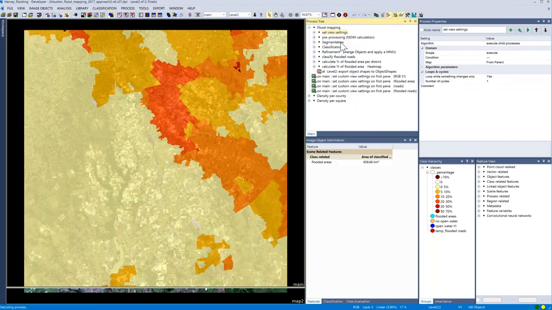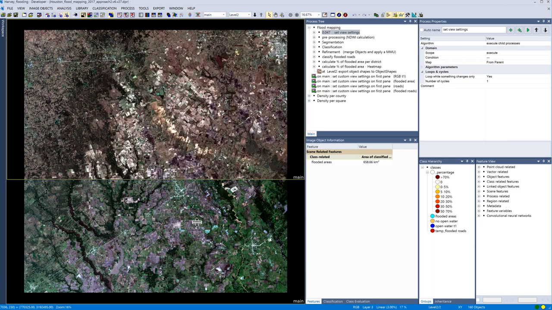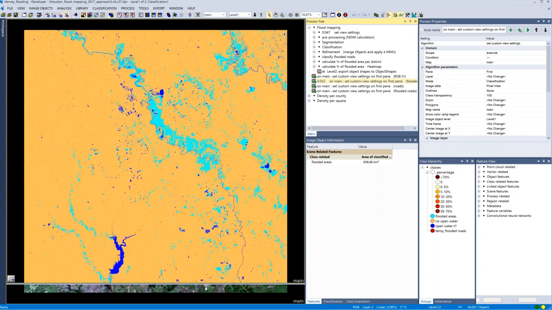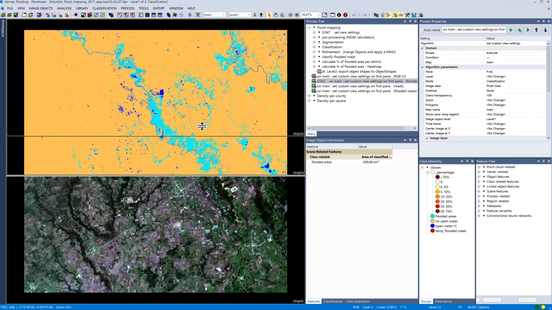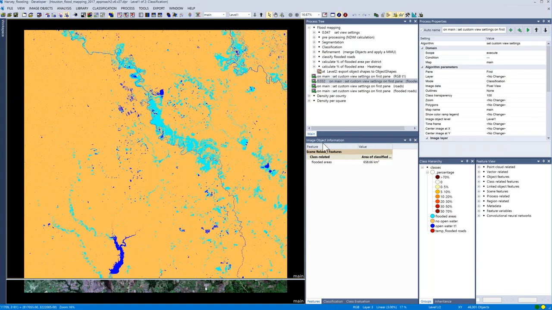Here we go, just gonna set a few settings right. So this is the whole scene, 100 times 100 kilometers. Again, you have your time step 1, and if I swipe, it's time step 2. First one is the flooded area, the product that we calculate for the whole area. So this worked very, very good. And now we have down here the image object information, also the information of the total flooded area for this tile. So it's 658 square kilometers, which corresponds to 6.6% of the whole area of the tile.